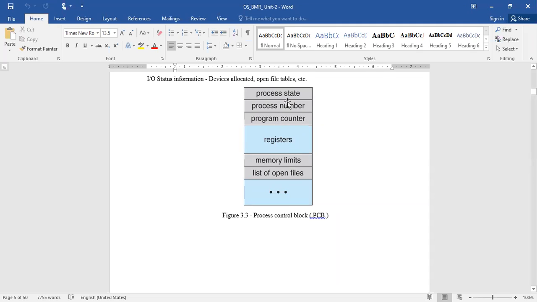Every process will be assigned a number called process ID, and a program counter, which maintains the address of the next instruction to be executed. Every process may use a set of CPU registers. For each one, there will be a memory limitation, and some files which are open for executing this process. This whole information is maintained in the process control block. This kind of block is created for each and every process.